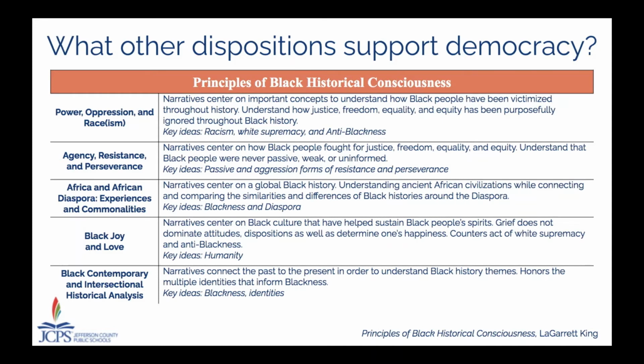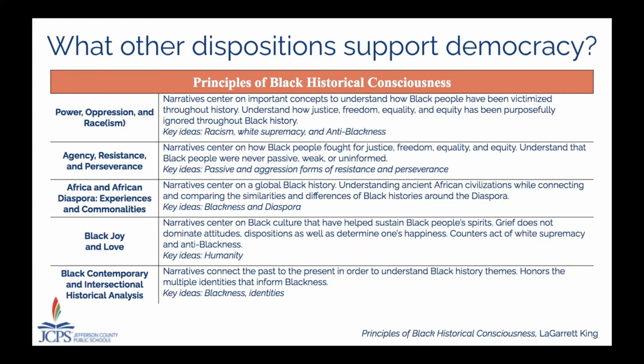There are other types of dispositions that help support democracy. One of the ones, just as an example, are the newly adopted principles of Black historical consciousness. On the left-hand side here, you can see these 5 principles really allow us to investigate many of those same civic identities, but through the cultural and reality lens of the Black experience, not just in the United States, but